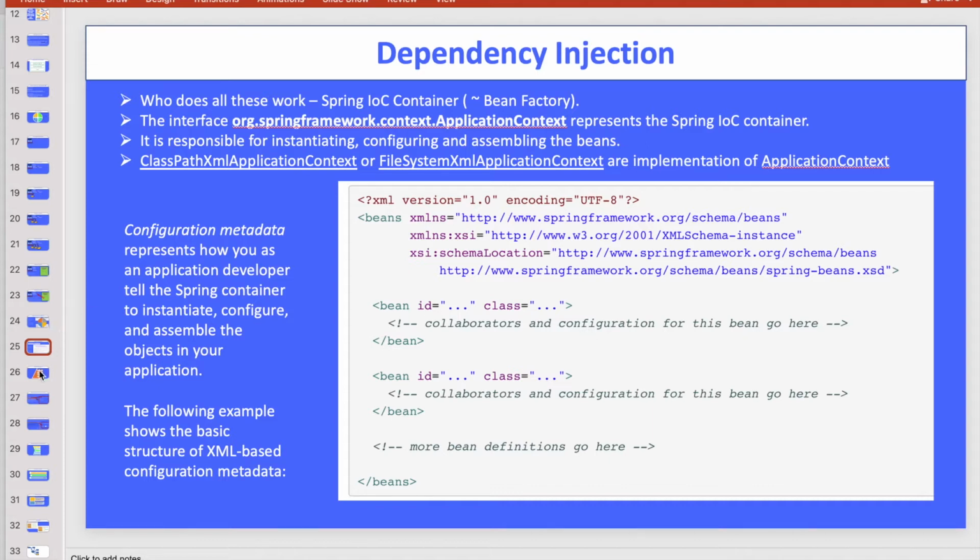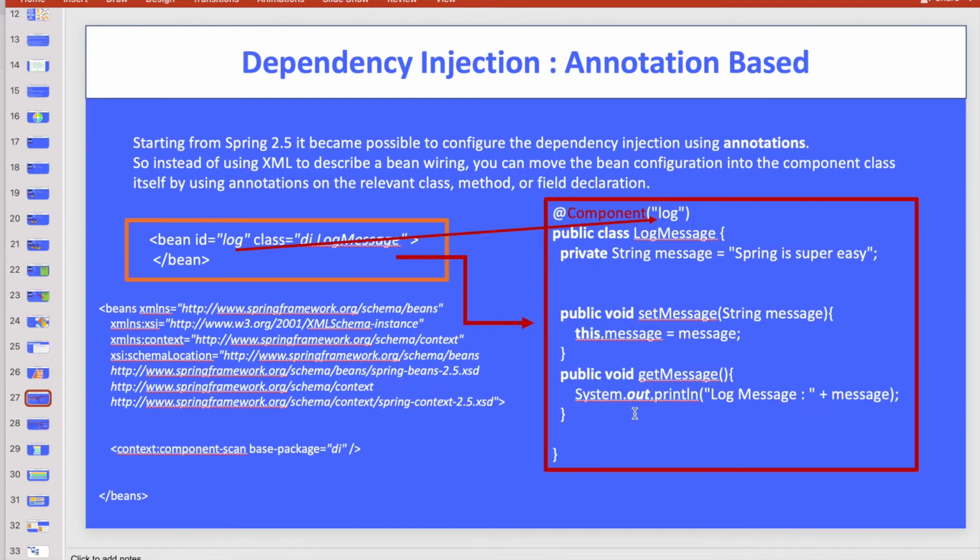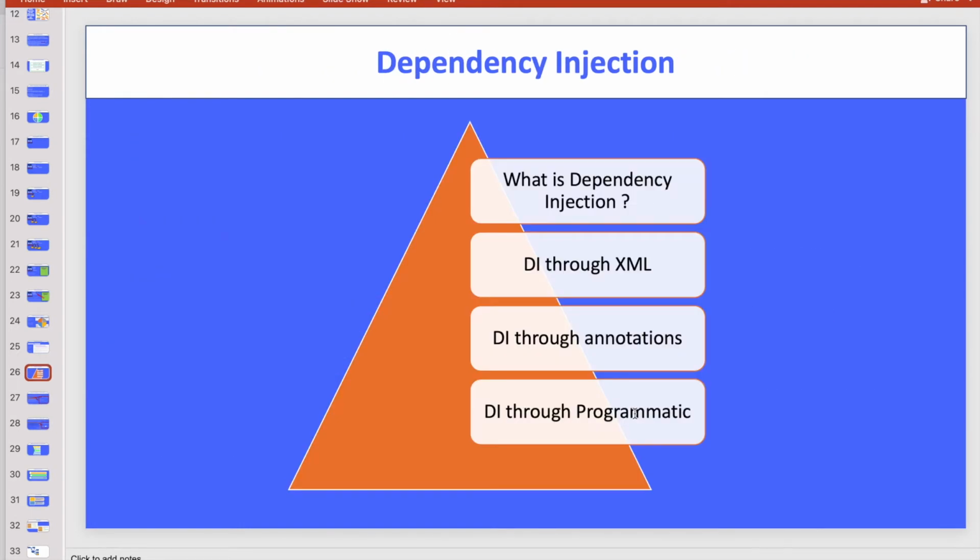Then it will create the bean, right? This is how it works. But there are many ways to achieve dependency injection: one through the XML that I showed you now, one through annotations, and one through programming. I have already shown all of these, and we did complete hands-on code from scratch in the previous video. This video we are going to see something more advanced.